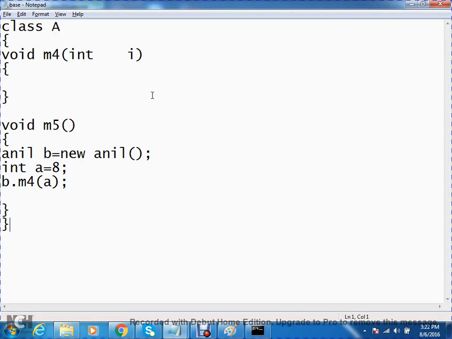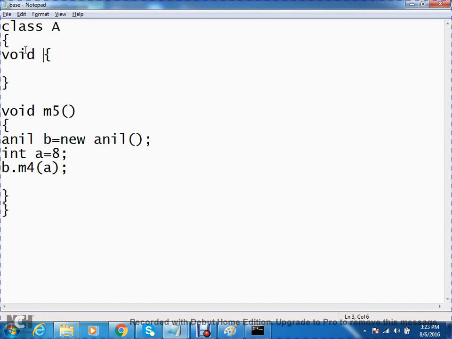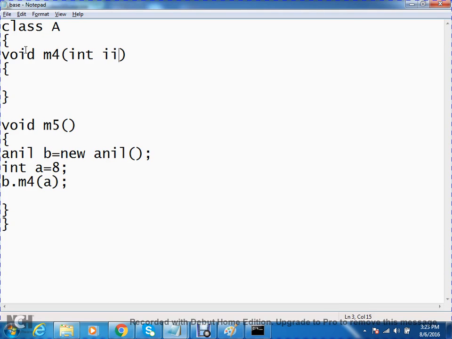Why this error? We copied void m4 from paint, right? Int i.